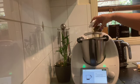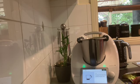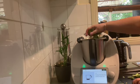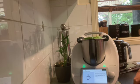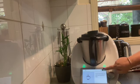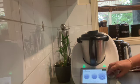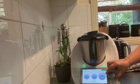And next. And it's calling for parsley now. I actually already did put parsley in there, so I'm actually just going to add some spring onions that I had that I wanted to use up. So all that goes in together, and it's going to take 10 seconds to mince all those things into a paste. Speed 6,